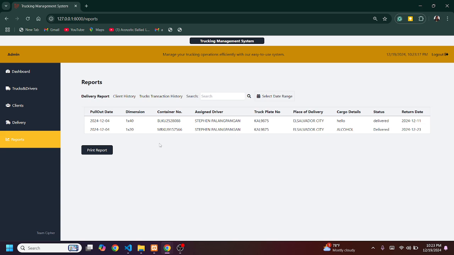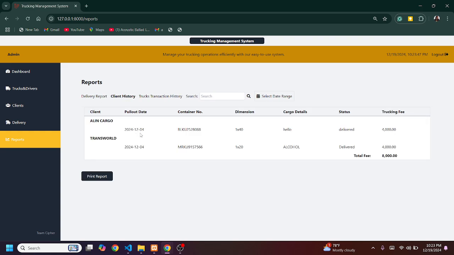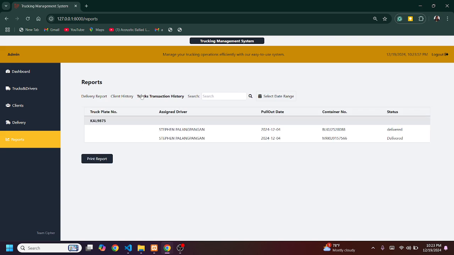Now in this delivery, if you want to filter every week, you can use this select date range, where you can select the following deliveries with respect to each date. Yeah, so let me try to add.